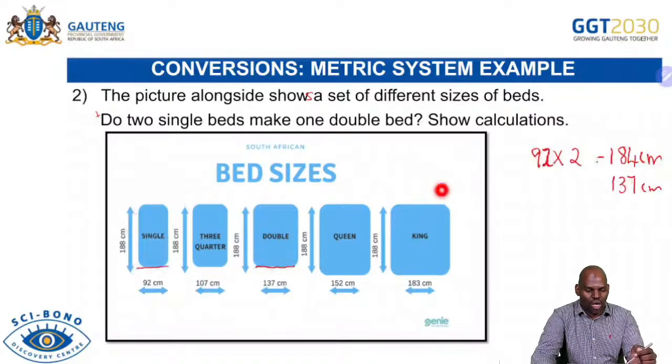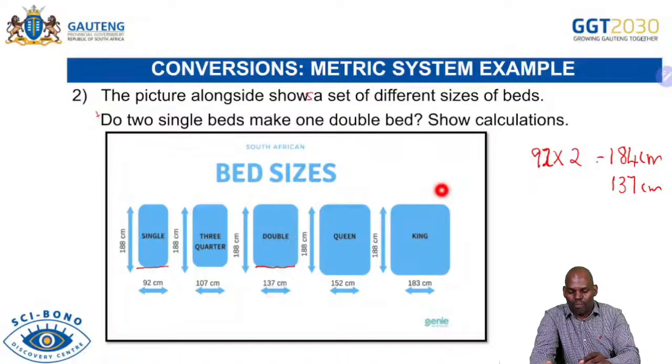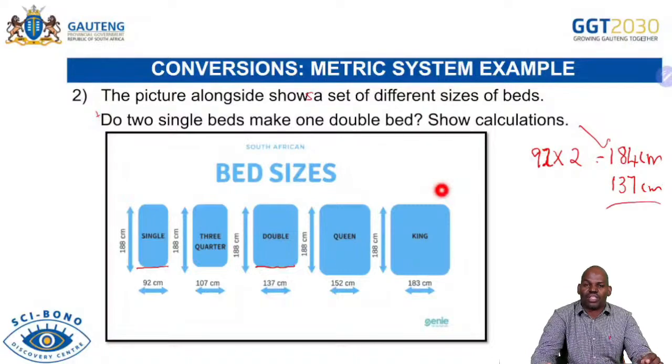So the question is, do two single beds make one double bed? The answer is no. It's way bigger than the double bed, because if you compare the width, doubling the single gives 184 centimeters, while the double bed is 137 centimeters. Some might say it's the same thing, that instead of buying a double bed, I can buy two single beds and combine them. But you can see that with two single beds you actually get a bigger space. So that was one example